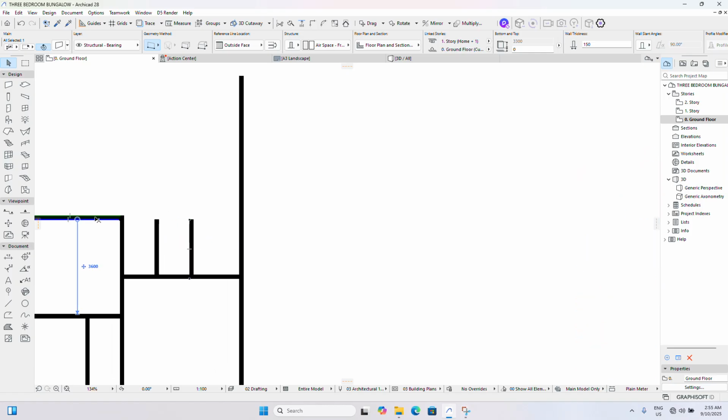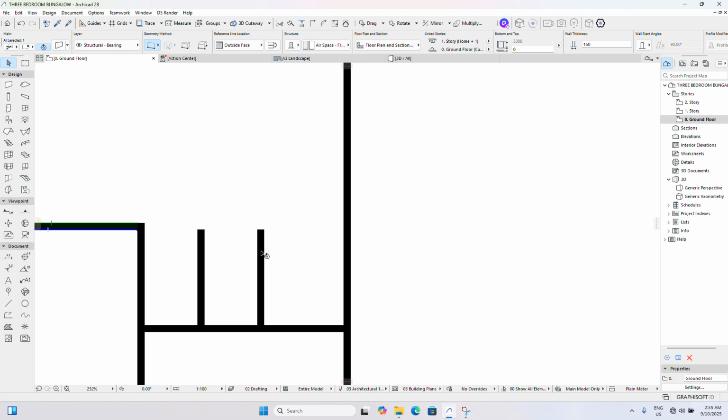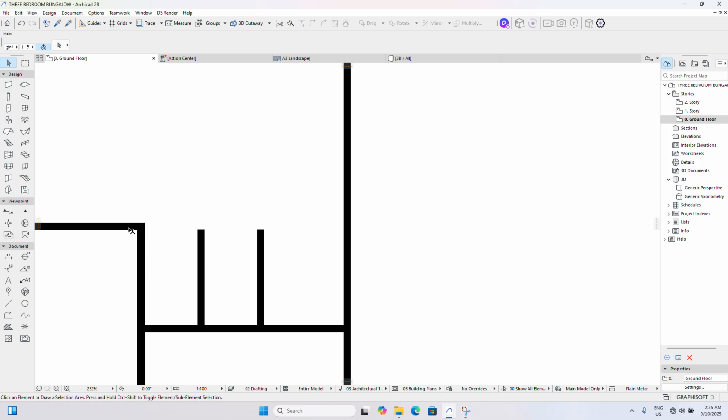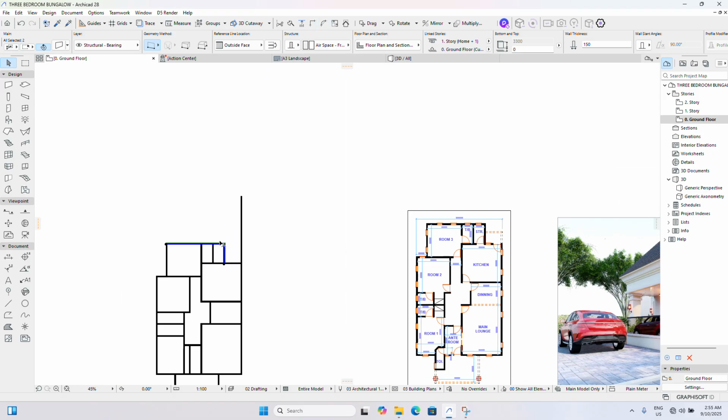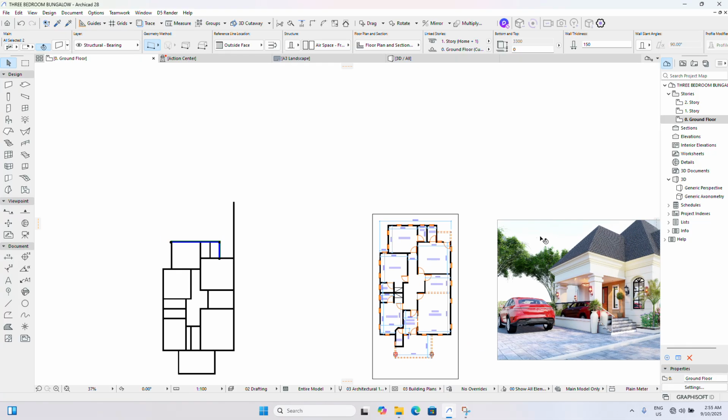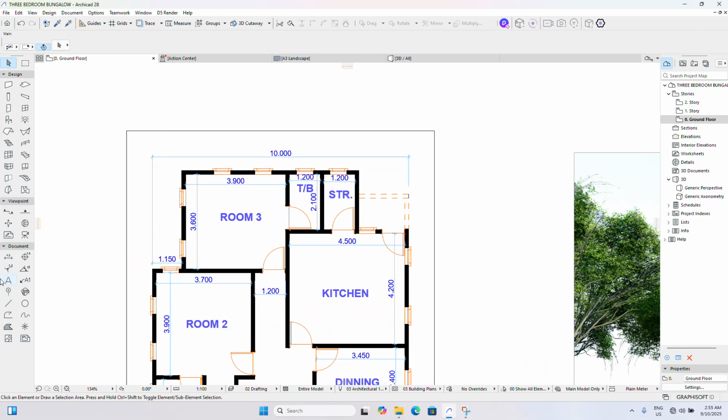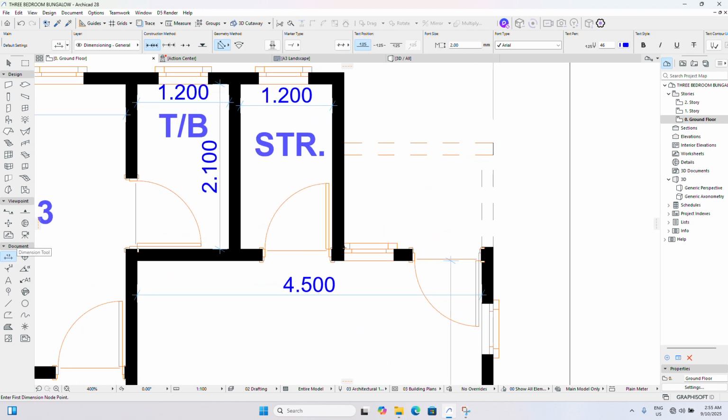Okay, if I want to join these two walls together, this one and this one, since they need to join together, I will click on this one, hold my Shift key, click on this one, and click on Intersect. It will join together. Now what remains is this sit-out from the kitchen,